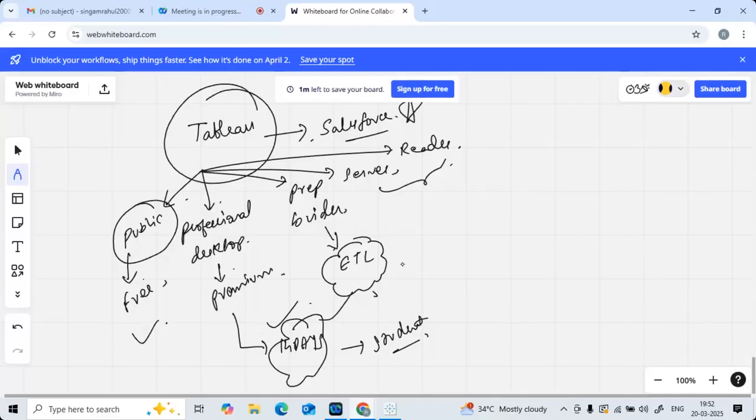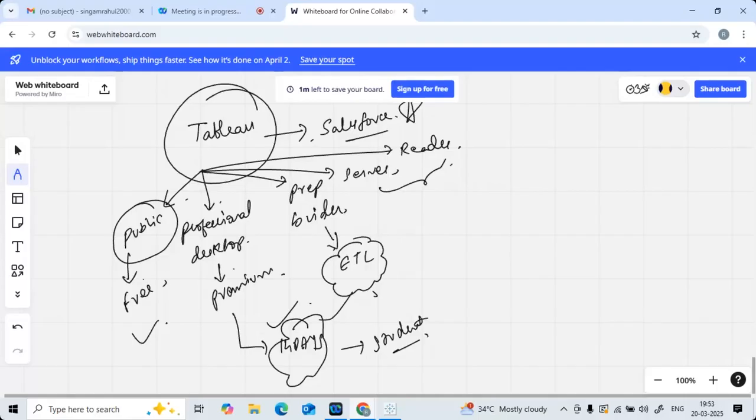But I will not suggest you download it first. The reason is, if you directly download it first and start working on it, automatically we are not familiar with those options in Tableau. If you try to use it, automatically the 14 days are going to be completed. So once you are pretty clear with the options available in Tableau, what to do, what not to do, by the end of the course, then if you download the desktop edition, you have some extra flexibility to utilize all the remaining options too.